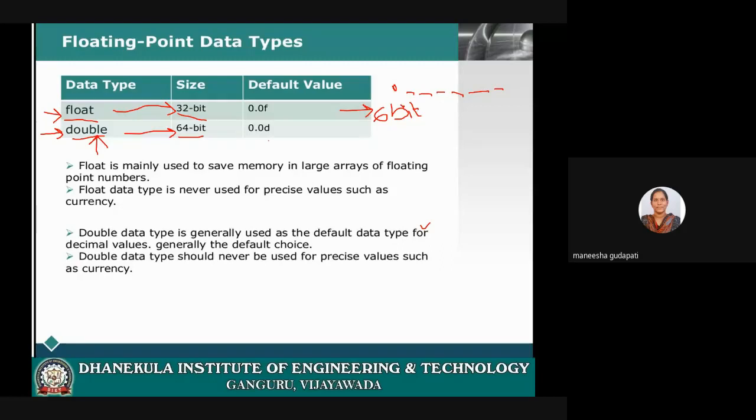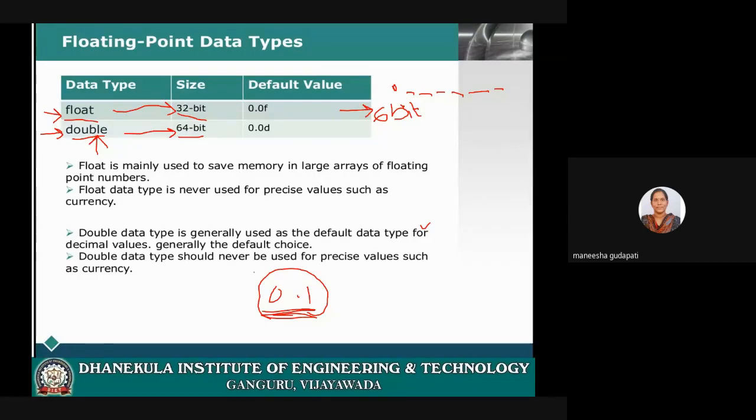By default, if you are creating any floating point number, that means if you are using any constants while doing some summation or multiplication in your program, this number will be a double type. Double is the default type in Java.